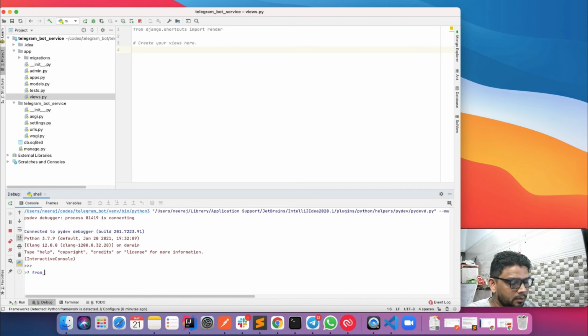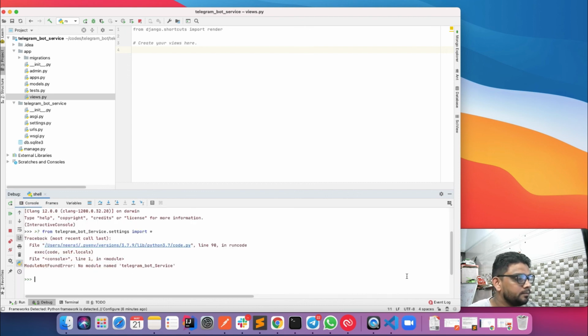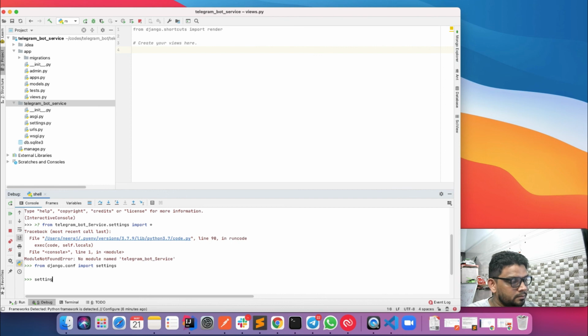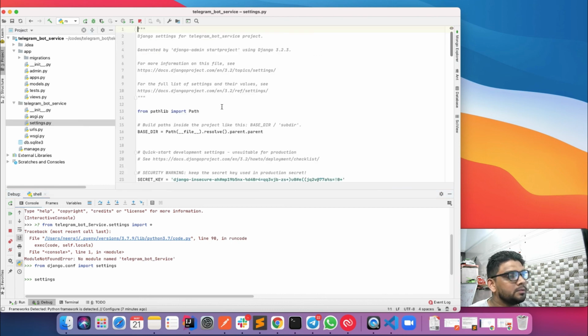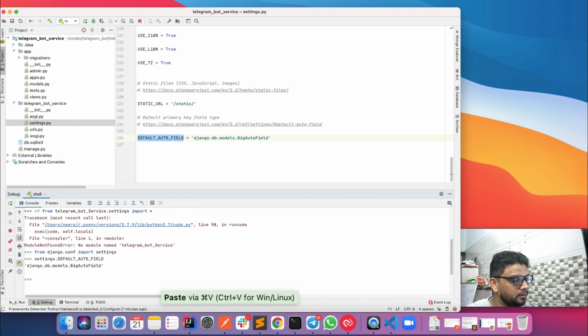I can type something, from telegram bot service settings import star, and if I print, here I am getting the values.